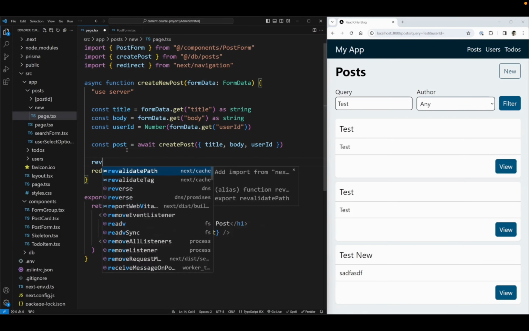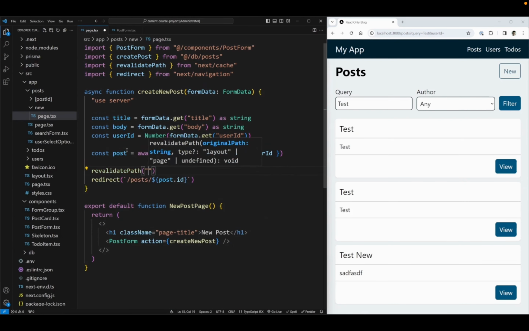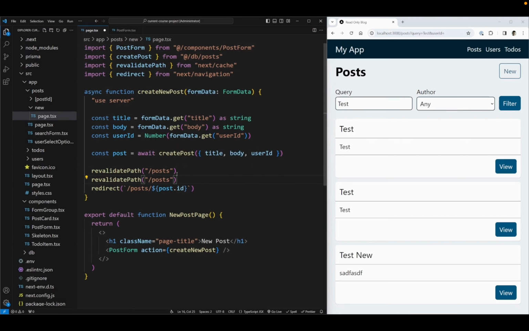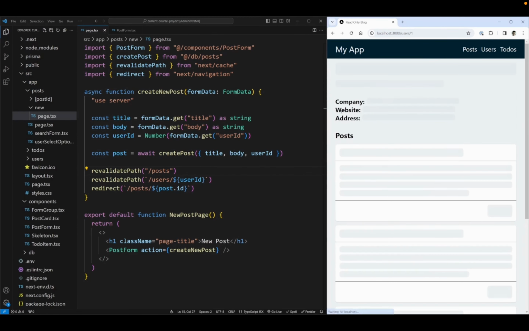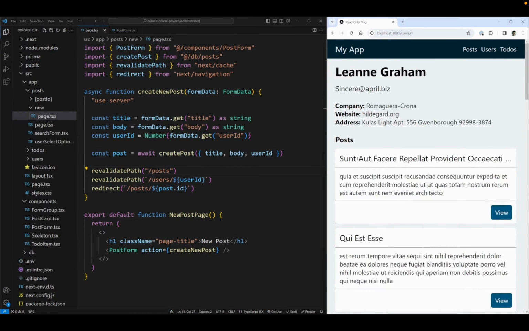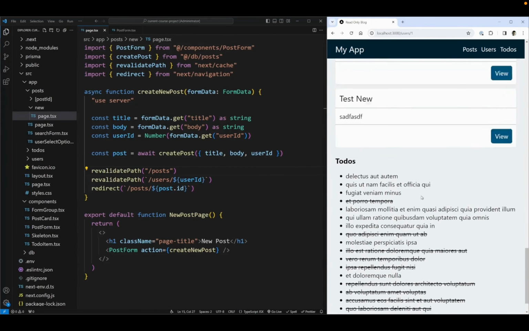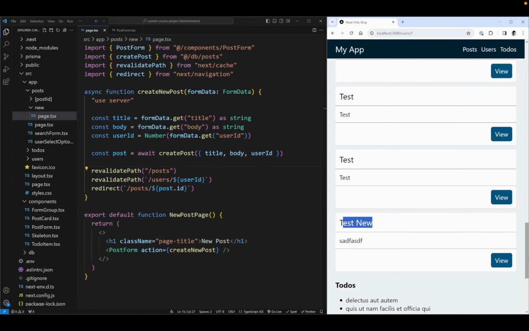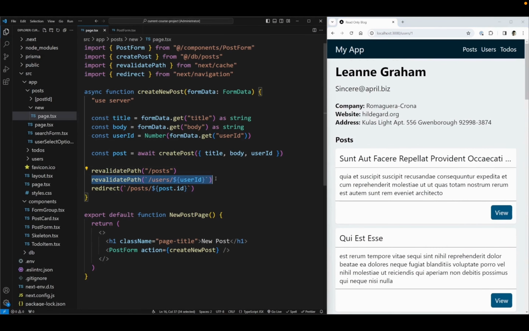So I need to come in here and revalidate my cache. I'm going to do that on a path basis. So I'm going to revalidate my post page, and I'm also going to revalidate the page for my particular user as well. So I'll say user.id, and this is going to be the users page. Now the reason I'm also doing the user page, and I believe this is actually user ID just like that. There we go. Now the reason I'm also doing this user page is because if I go onto the users and I, for example, view this particular user, I want to see all the brand new posts that I've created for that user, and I want to make sure it refreshes properly. So you can see here that that post is properly showing up,